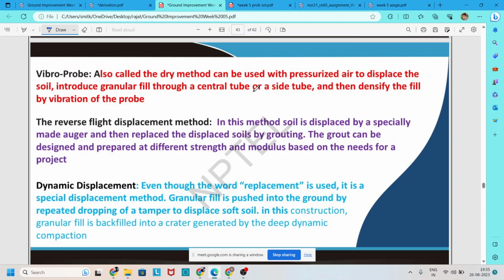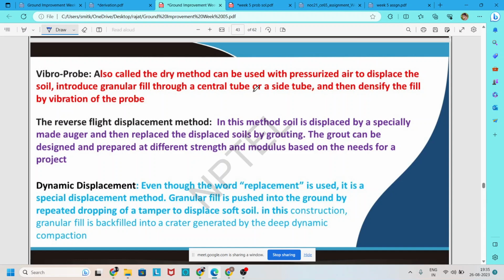We can control the strength of this grouting material, and we fill it into the void space. A column with good strength and modulus is created, related to our project. This method is quite popular and also expensive,